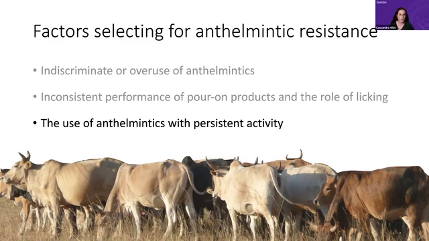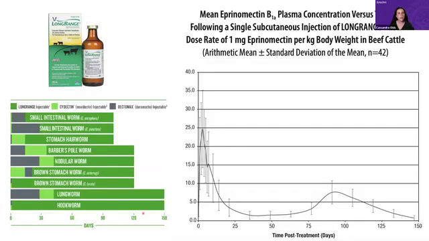One of the big things is the use of antihelmintics with persistent activity. And what this means is when you give a drug that lasts for a long period of time. And so I'm not saying don't use these drugs. I'm just saying be aware that if you do use them, that you have this potential for resistance, and speak with your veterinarian and see if there's something else that you can add in to make sure that this doesn't happen. So this is one of these long-range drugs,